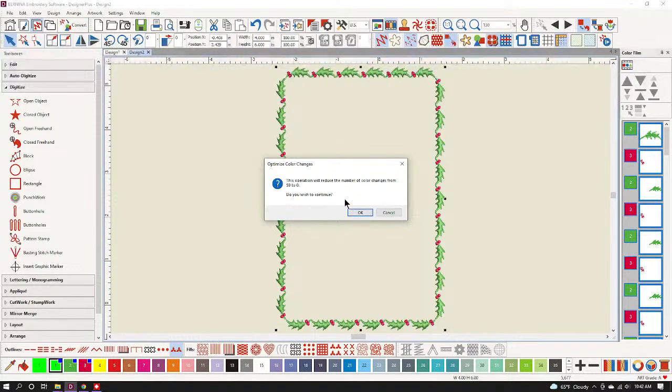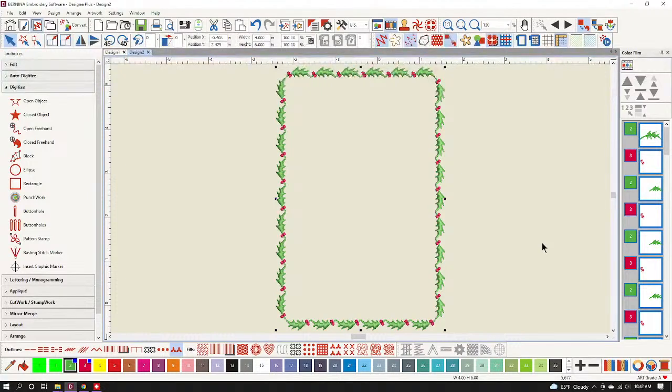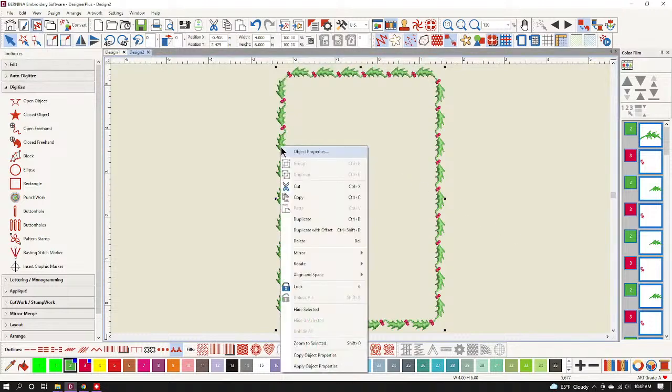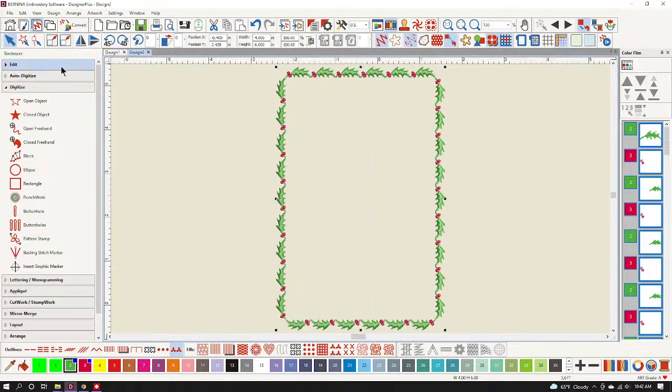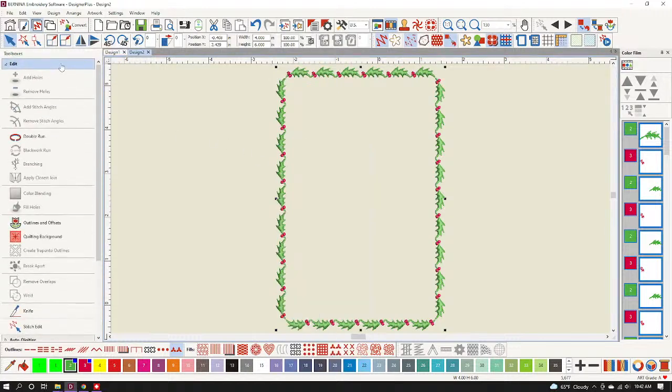And apparently there's 59 color changes, which is a lot. And it says it's going to go to 0, which makes no sense. And if we say okay, it does nothing. It did not combine the colors. The next thing I would be like, well, can I ungroup it? If I right click, I cannot ungroup. If I can't ungroup, usually I want to break apart. Can't break it apart. So what I'm going to do is make it into a stitch file,